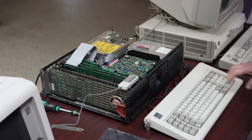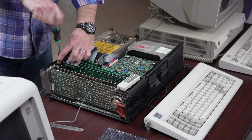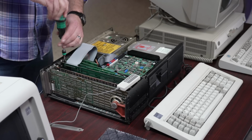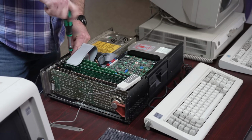Now, in theory, the processor is slightly more than twice as fast as the original, so you would think the machine would be twice as fast. But remember, the bus speed remains the same, and it still has to access memory across that bus, and it does so at 8 bits at a time, unfortunately. So any bus access, memory access, that kind of thing may slow down, but the actual processor will be running